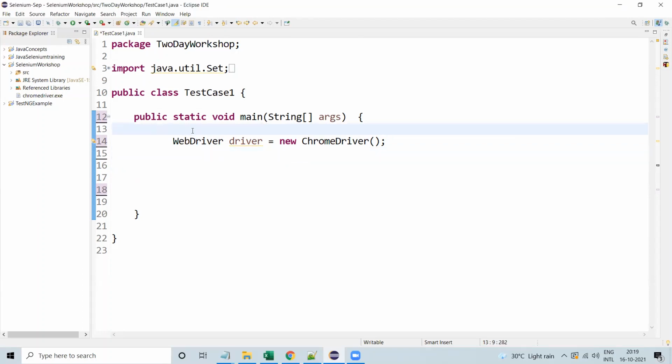We can also go with set property. In my project itself I added a chromedriver.exe file, so if you add the file there, there is no need for set property. You can go with it directly in the WebDriver.